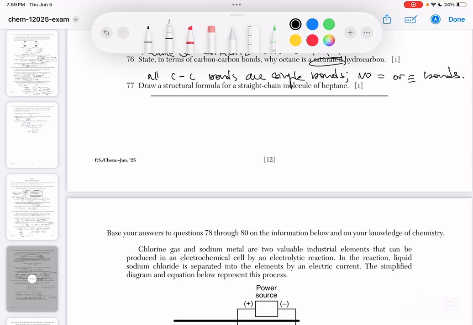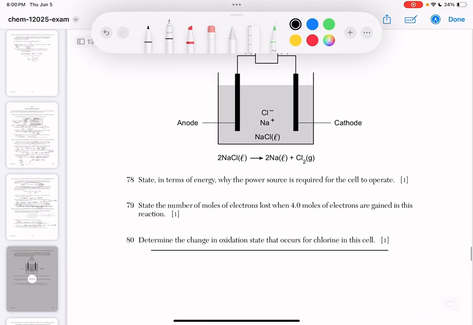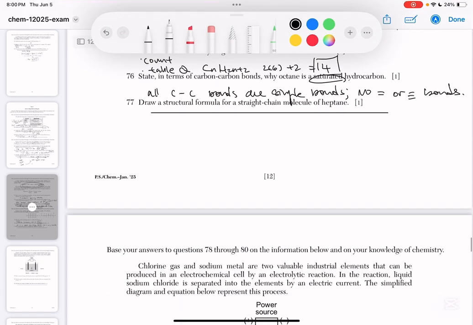Draw a structural formula for a straight chain molecule of heptane. So hept is for 7. 1, 2, 3, 4, 5, 6, 7. And then